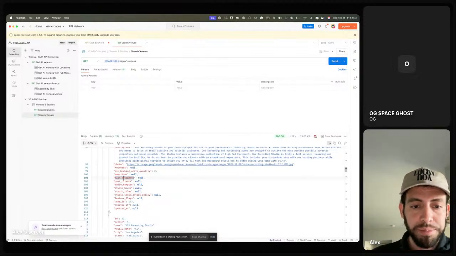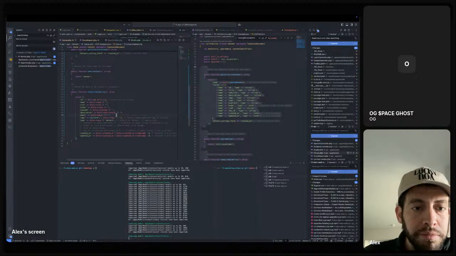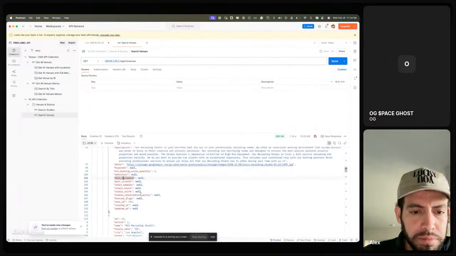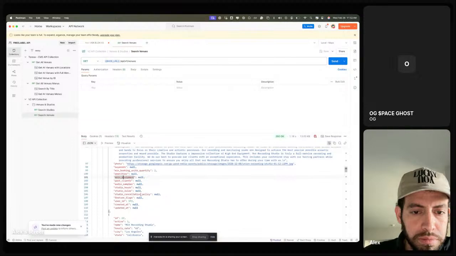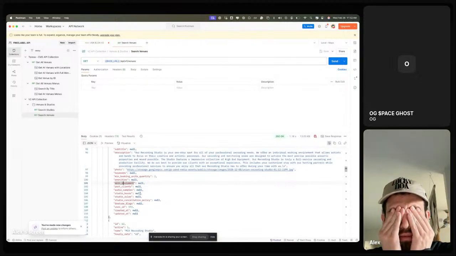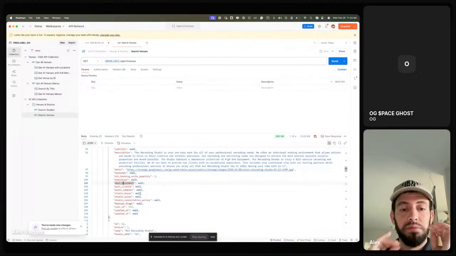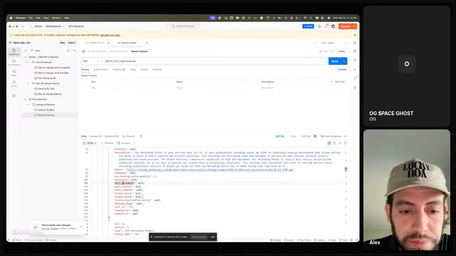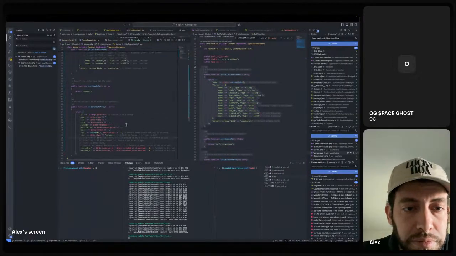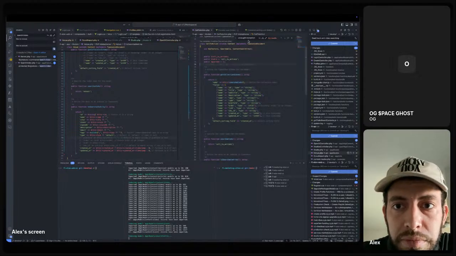Main equipment. That's a lot to put in there though. But it does need to be searchable and that stuff. Okay, so